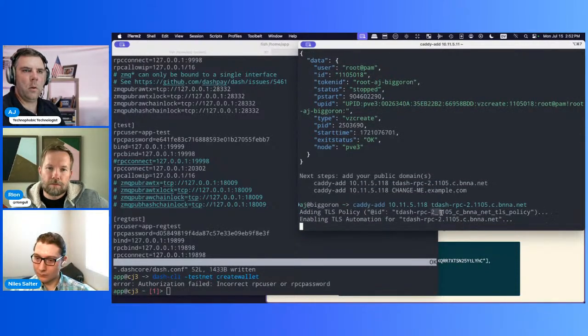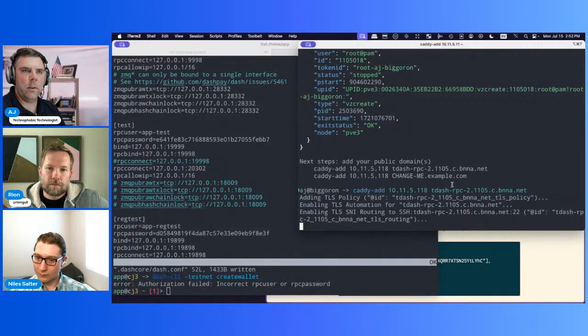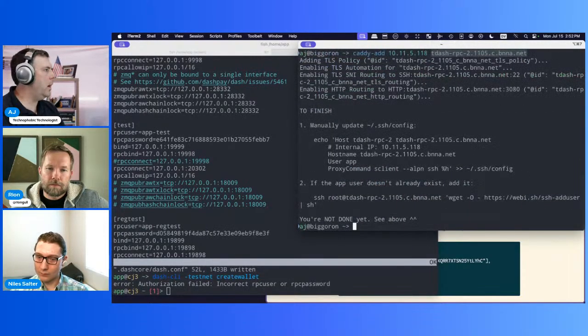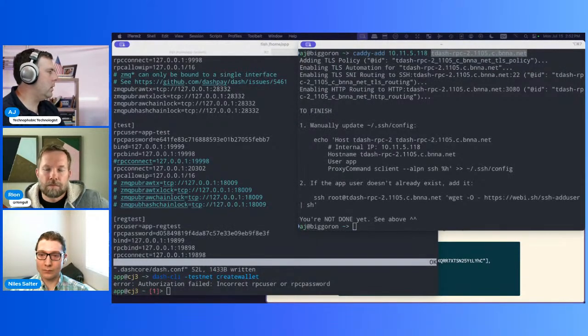and I will go ahead and edit my SSH config. Whoops, this thing would not scroll on me. I'll go ahead and in the other window edit my SSH config. It's going to print out what I need to do anyway. So